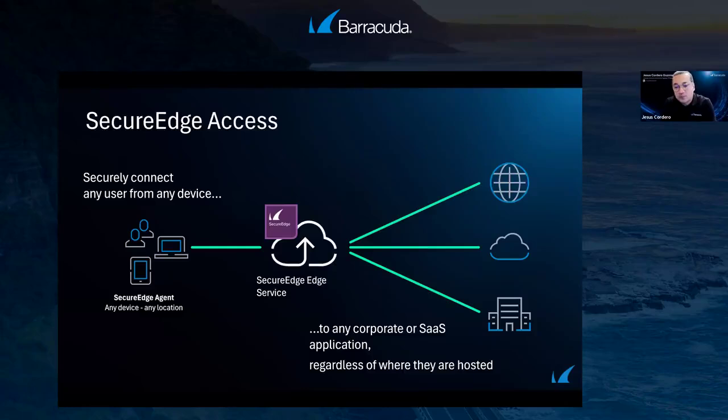Next one, please. And speeding up a little bit, this is the architecture of how our solution at Barracuda works. You see on the side the Secure Edge agent, which is an agent you can deploy on every single operating system and device in the market. No problem with that. Linux, Macintosh, Microsoft, whatever you are using. Your agent connects to our services for identity, for policy verification, and then the connection is straight to your applications on the internet, the evil internet, in the cloud or data centers, wherever you have them.